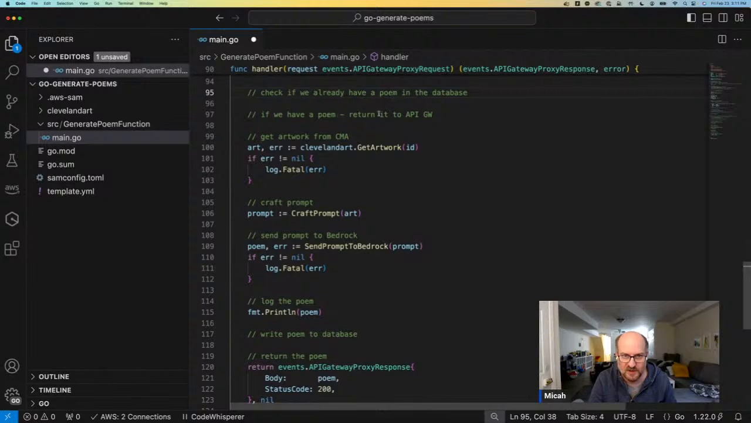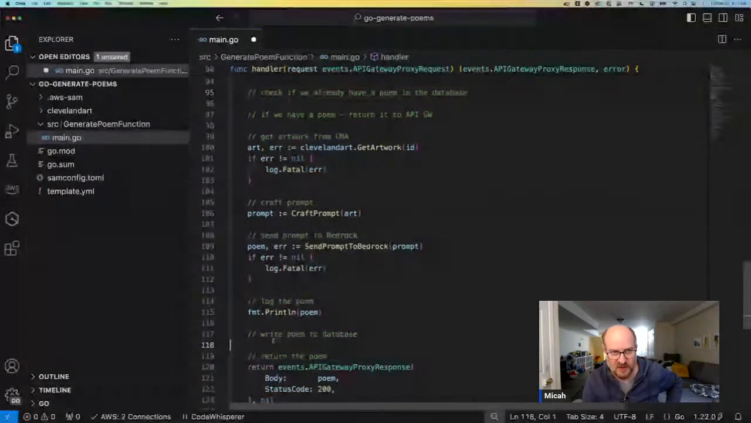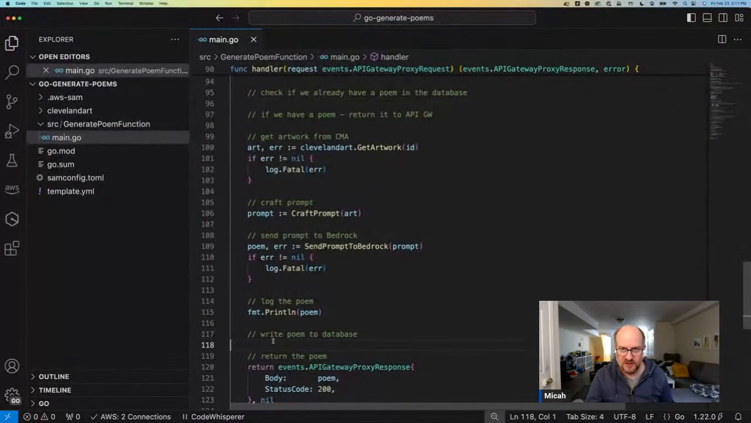If we've got it, return it. If not, everything else is the same, except we also want to write it to the database for next time. So that's what we're going to try to do. Before we get into writing code, I want to talk a little bit about